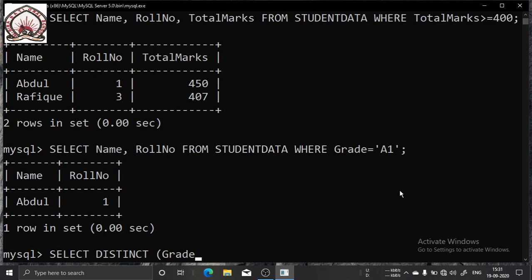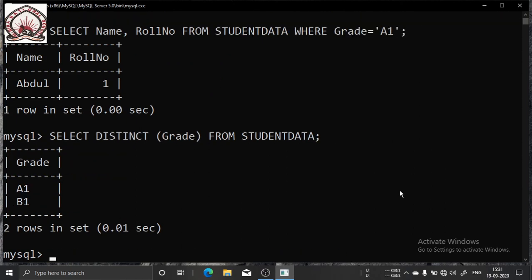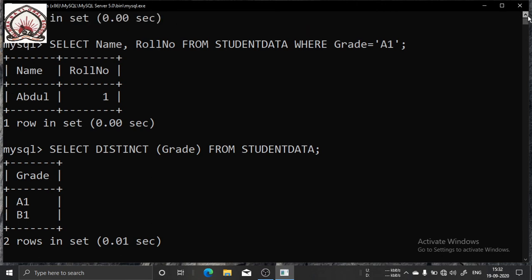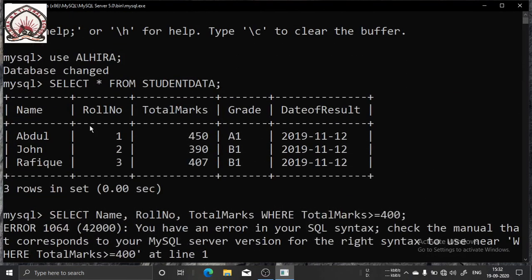Select distinct values of column grade from table name. My table name is student data. You can see only two distinct values are there in the entire table: A1 and B1. So there are two distinct values.